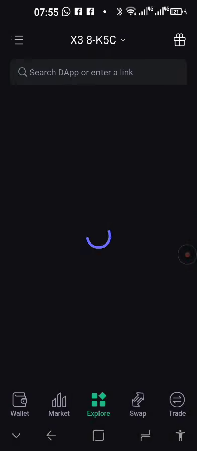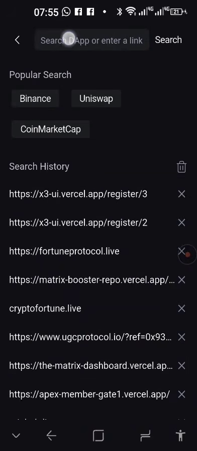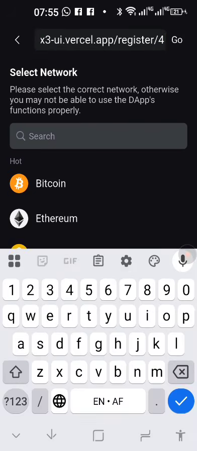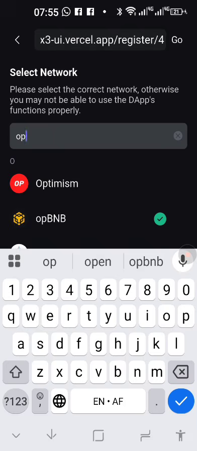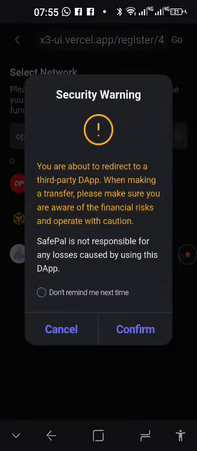So you're going to go to explore, and I copied the link already. It's number 4 that we're going to use. Paste it right at the top in your search bar, and it will already be on OPBNB. Make sure the network is on OPBNB, and then press confirm.